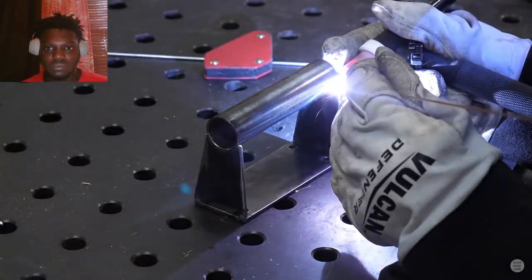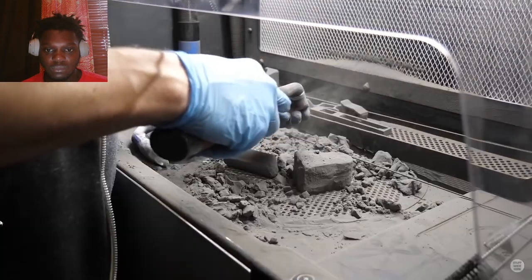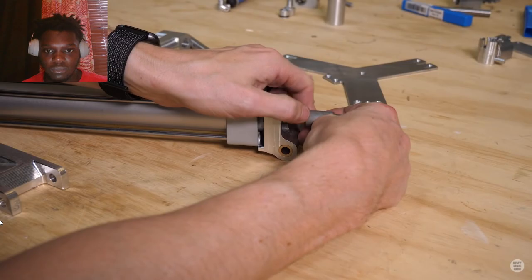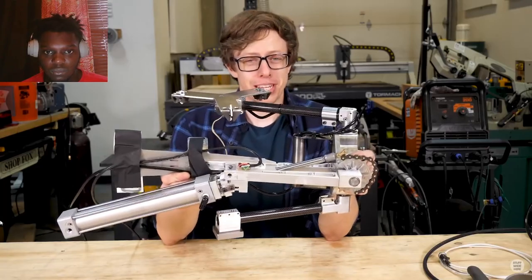If you want to understand what the heck some of these tools are, check out my shop tour. I 3D printed as many parts as I could, but the forces are so high that pretty much everything had to be metal. Once the parts are finally made, the assembly is pretty easy. So cool. This is completely ridiculous, but